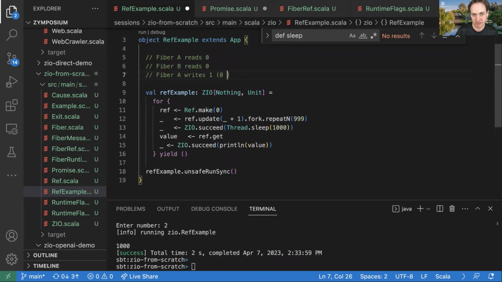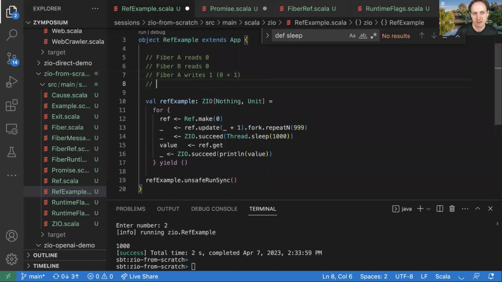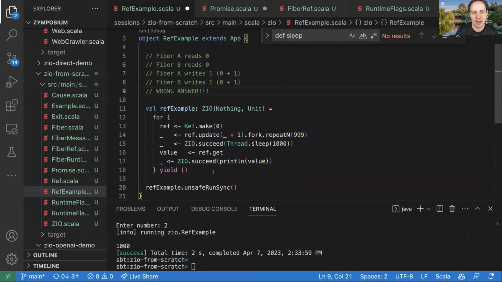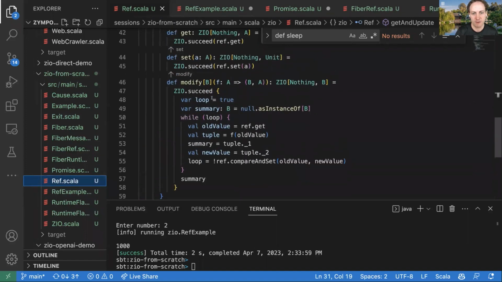Because it said, well, I read 0 and I added 1 to it. And then fiber B also writes 1, right? And this leads us to the wrong answer. We never see that happening, because whenever that would happen, if we go back to our logic in this modify